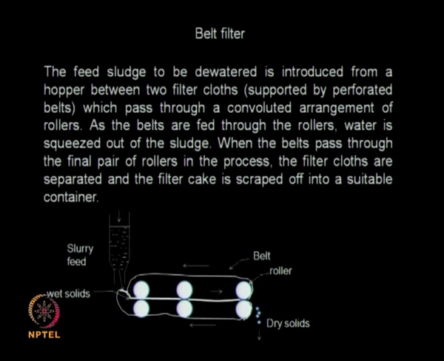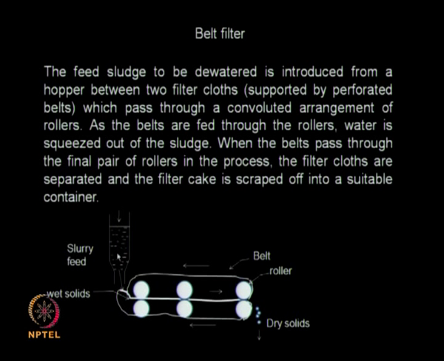Belt filtration is another approach by which solids can be separated out in a continuous fashion from a liquid, and here we are more interested in the solids, not in the liquid. This is very good for paste type of material where you want to remove just the water or solvent present in the paste. This is called dewatering. What you have here is two belts